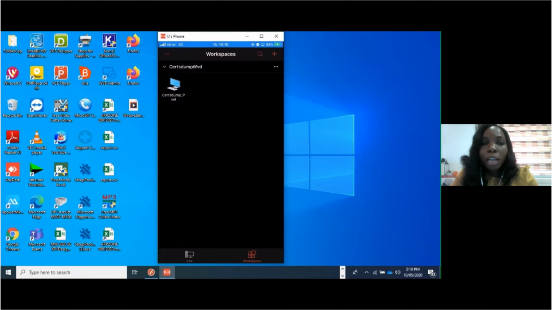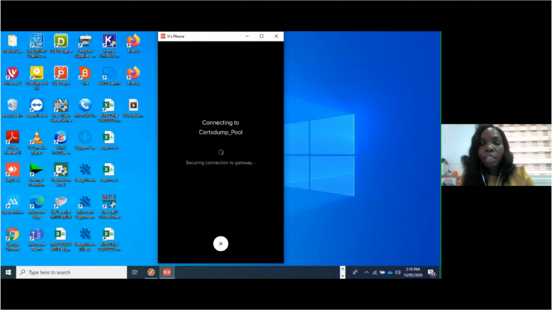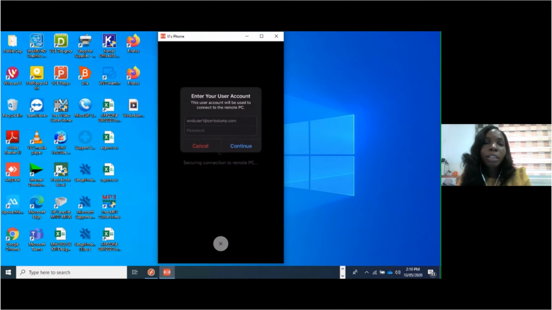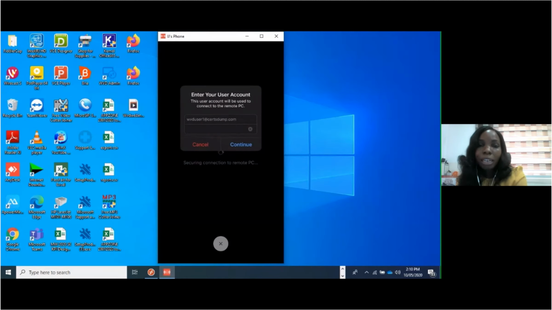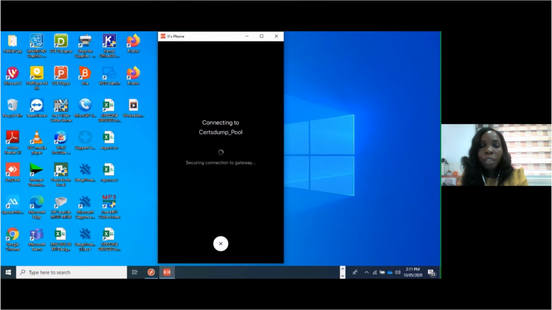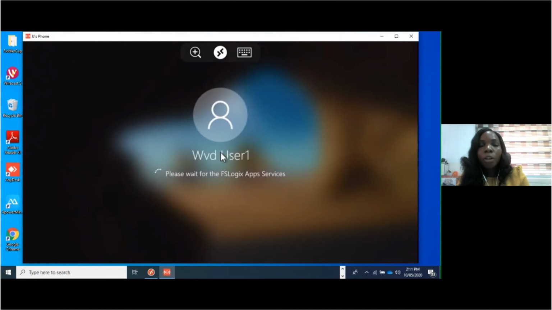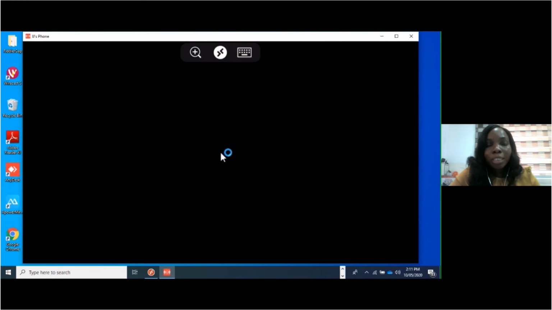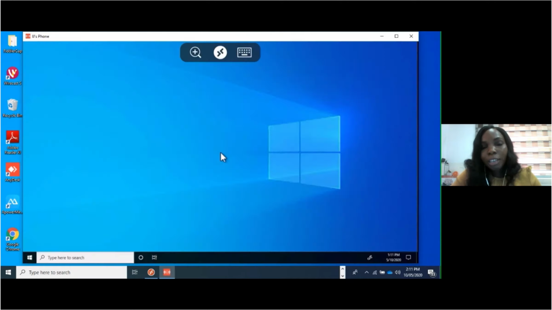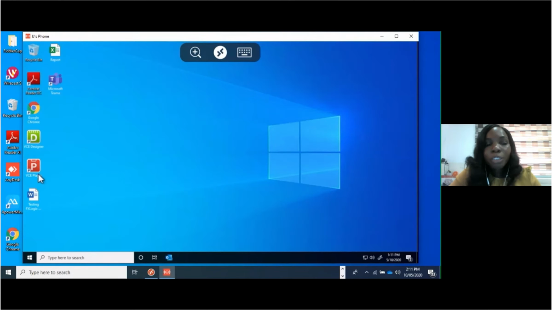So the next session we are going to look at is accessing the Windows Virtual Desktop via a mobile phone. I'm showcasing the feature via iOS. This is an iPhone, and I'm using it to log into the Windows Virtual Desktop platform. For this form factor, you just need to download the Remote Desktop app from your app store. Once you download it and enter your details, it will authenticate and give you access to the WVD platform. You're going to notice that it's still the same desktop, still the same content,